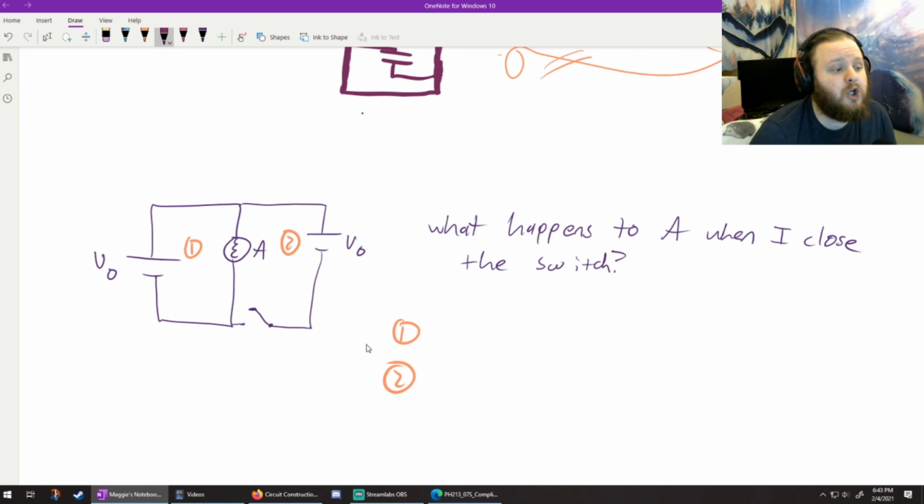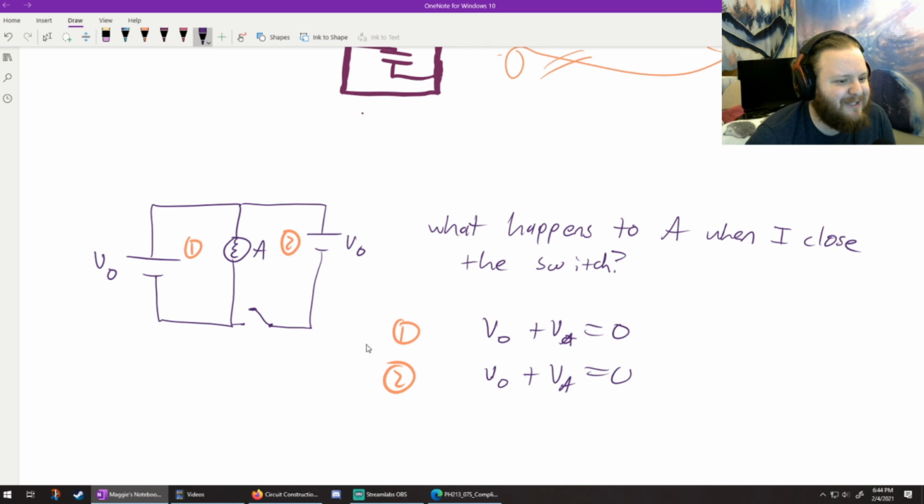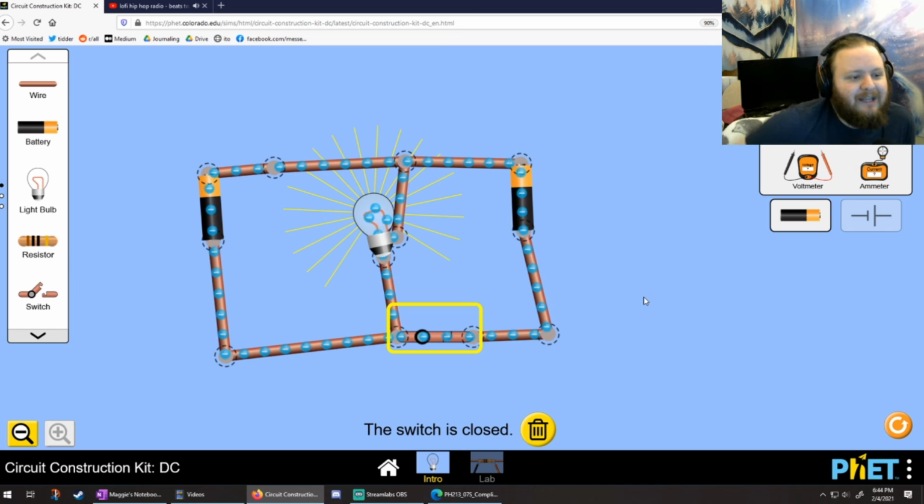Once the switch is closed, if I look at loop 1, it's V naught plus VA equals 0. Depending on the orientation that I go about things, if I do this in the correct order, then I gain V naught, and I go over VA, and that's equal to 0. So it looks an awful lot to me like when I close the switch, VA is still dropping a V naught's worth of voltage. And that is precisely because when I close the switch, the two batteries now split the